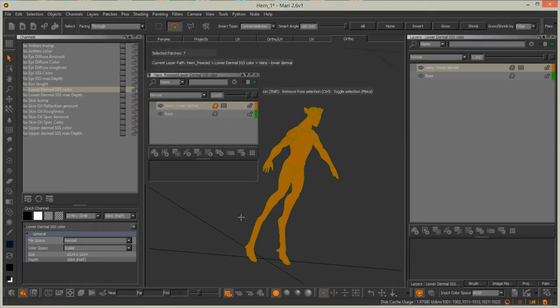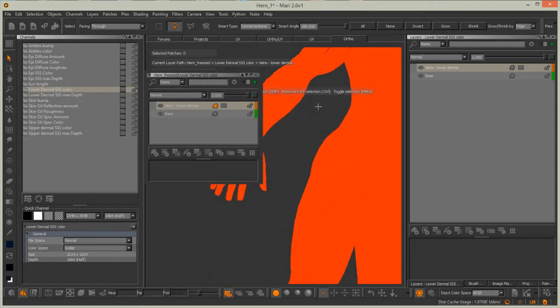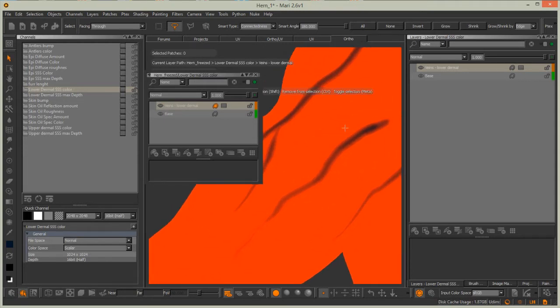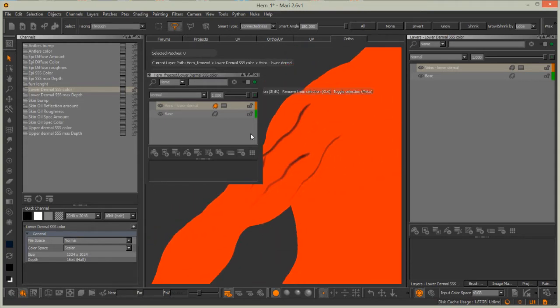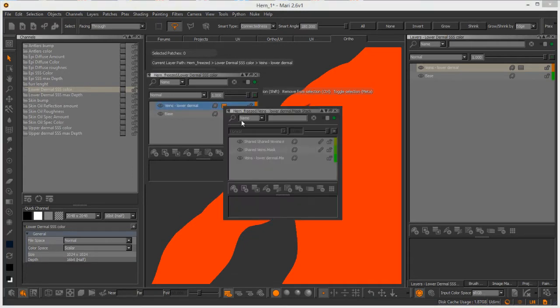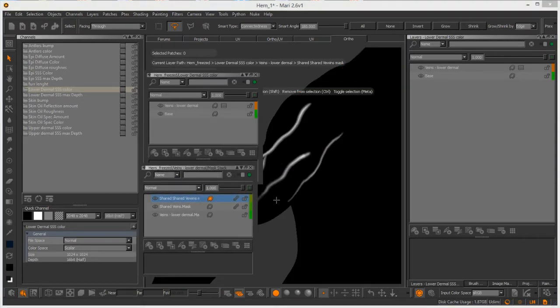And now, as you can see, we get veins in different color on different layer. I'm showing you once more, up to current layer, this is just a mask stack, and it's masking this layer filled with blue. Okay,